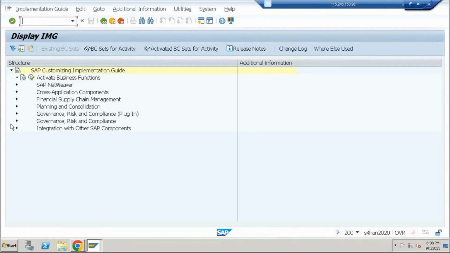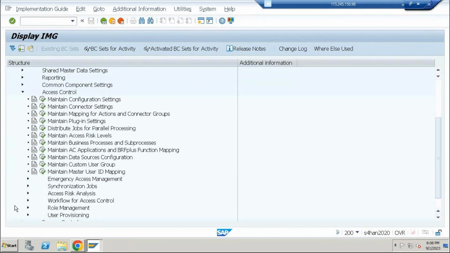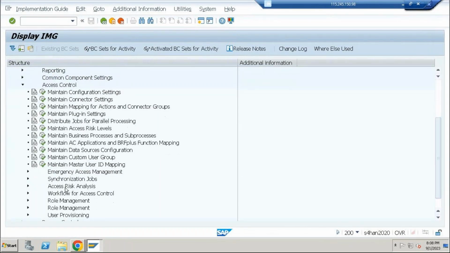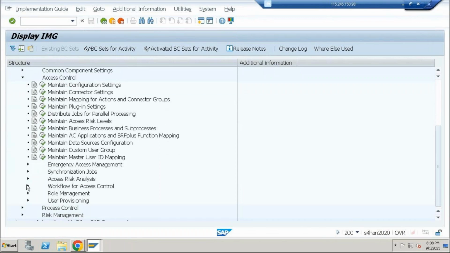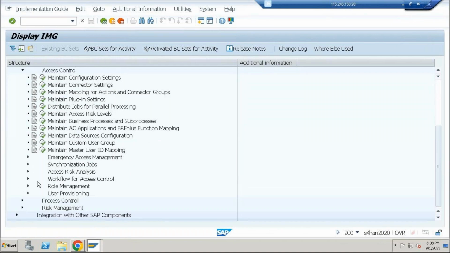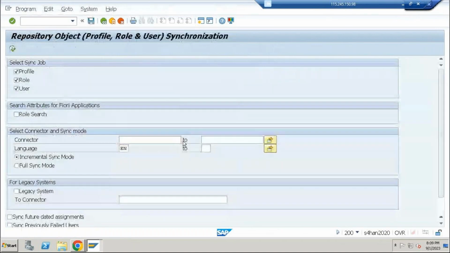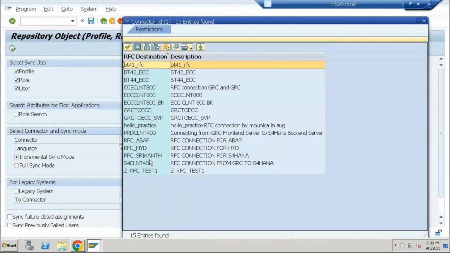To update the user master records, you have to perform the user comparison. Then only the authorization data for the user record will be updated. So once you do the synchronization,